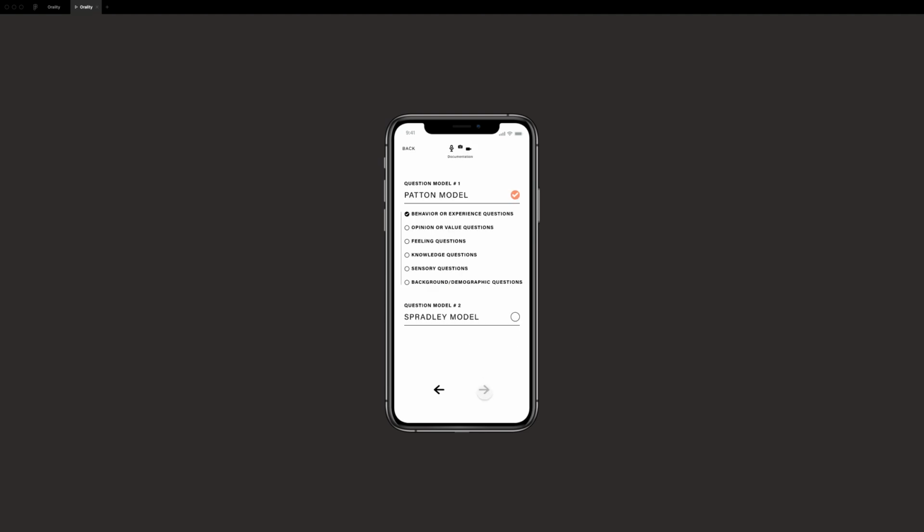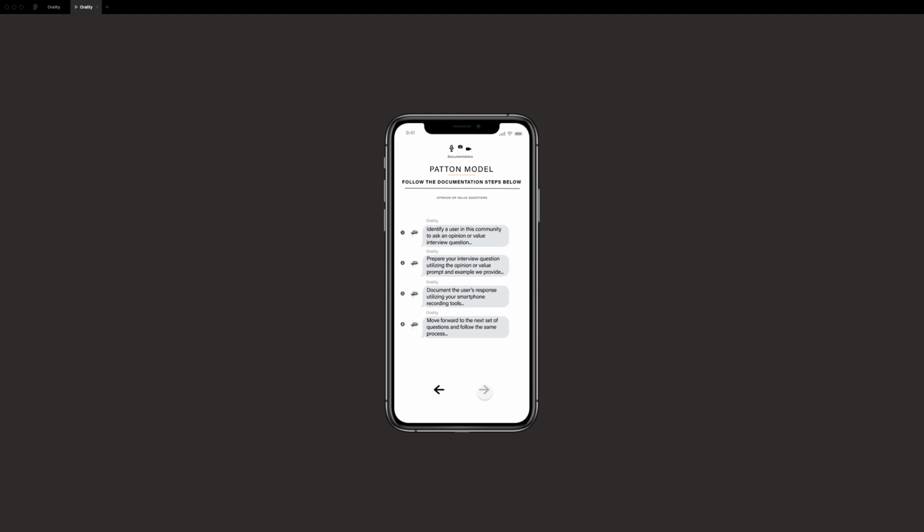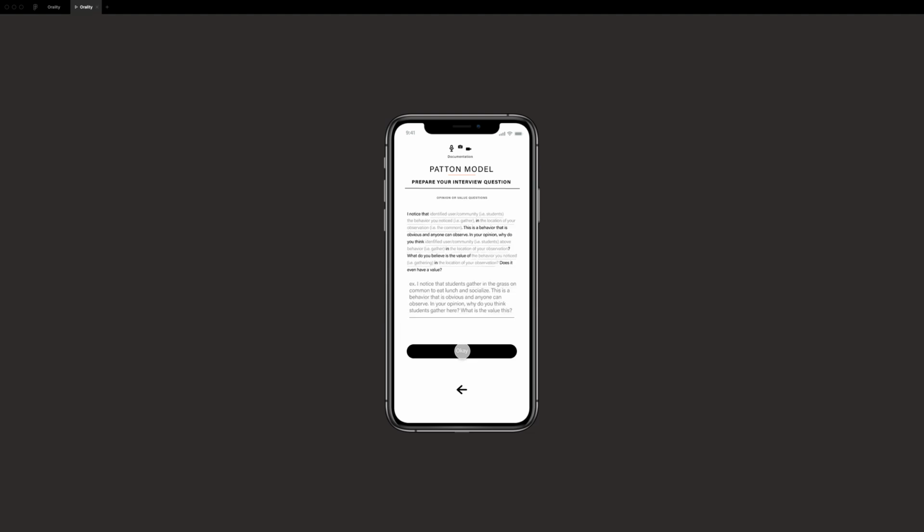Okay, so we move on to opinion or value questions. Same idea, same structure. Here's the prompt. The opinion or value question says, what's your opinion? Or what's the value of this behavior? In your opinion, why do you think this behavior exists? So we get an example. We fill in our own community and our own behavior given that example, given this kind of